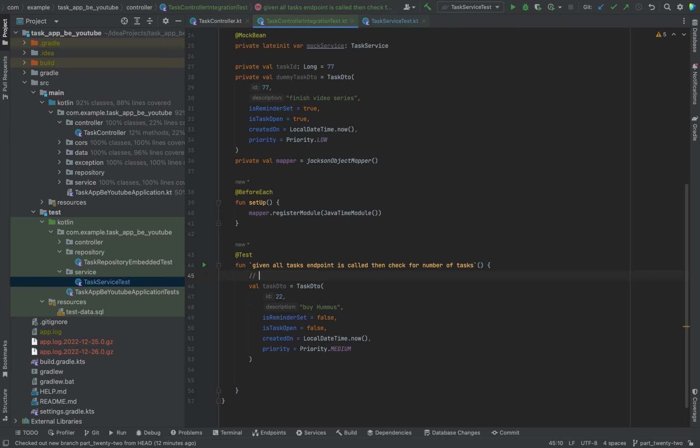Okay, given section. We move on now to the when section. So now we need the when block from Mockito. This is now not Mockay. Here I'm using Mockito for the integration tests. When, okay, it's done, it's imported. Now we need our mock service. The mock service, get all tasks. When this is called, then